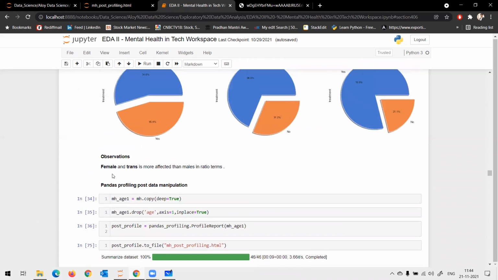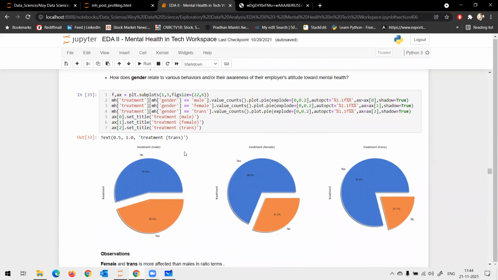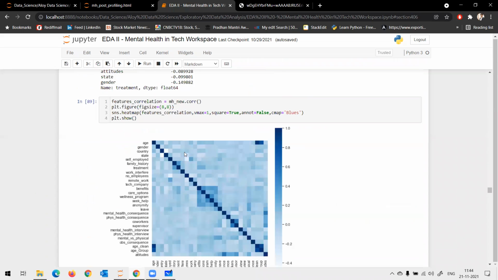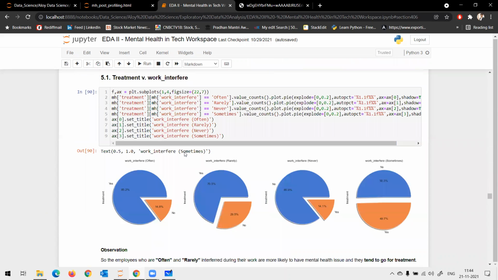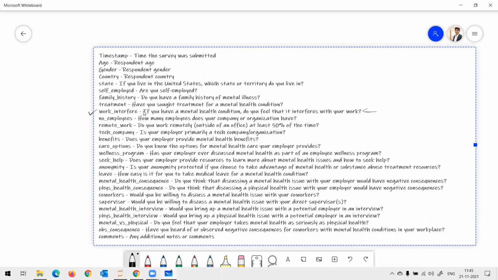So who would skip the question when I say it had missing values? Who would skip the question? Any guesses? Somebody who does not have a mental health condition, right? Are you with me?